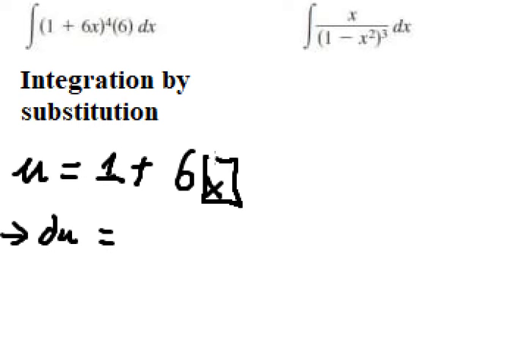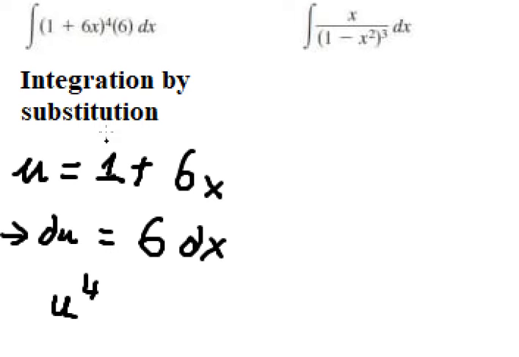The first derivative of x is 1, so we can put 6 dx. Now we need to change 1 plus 6x by u, so we have u to the power of 4. 6 dx we change by du,